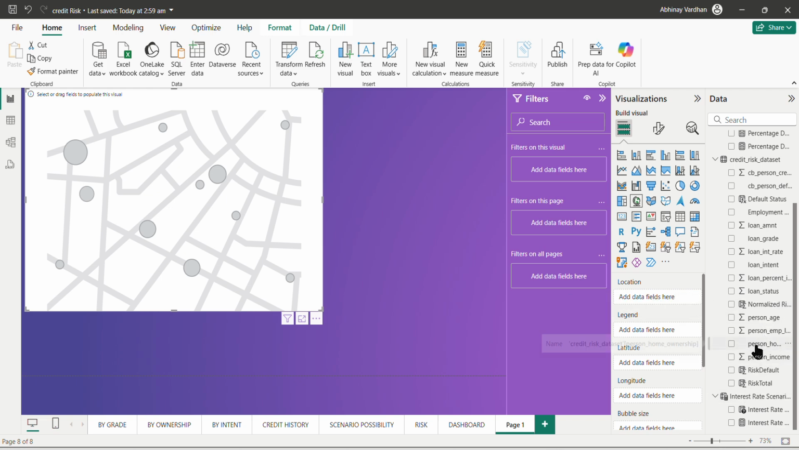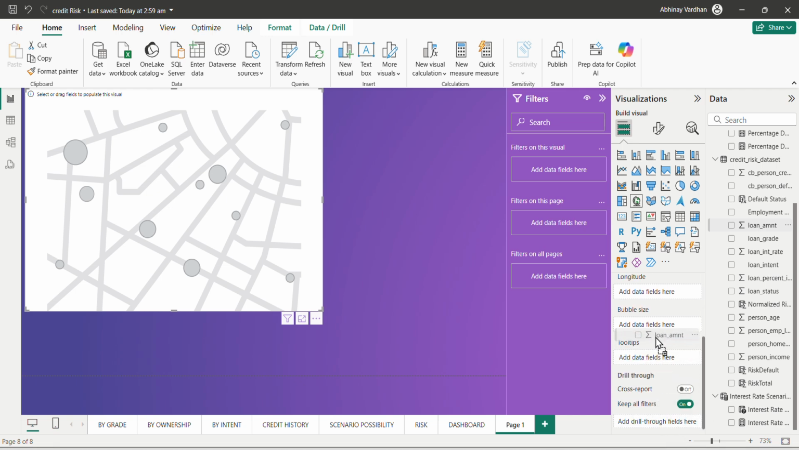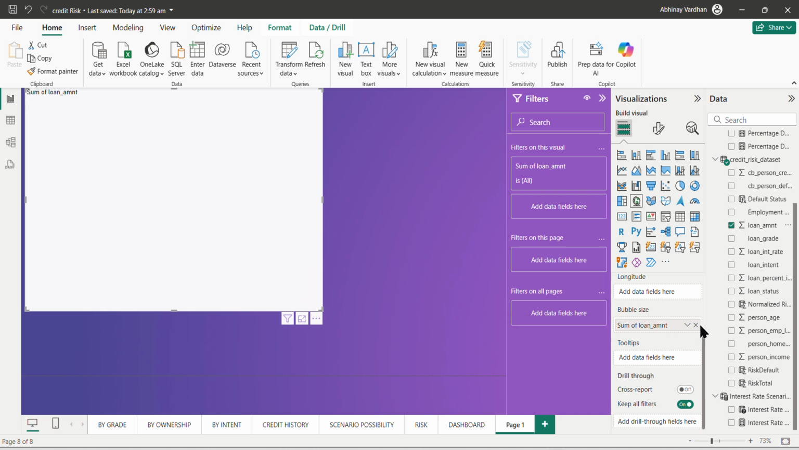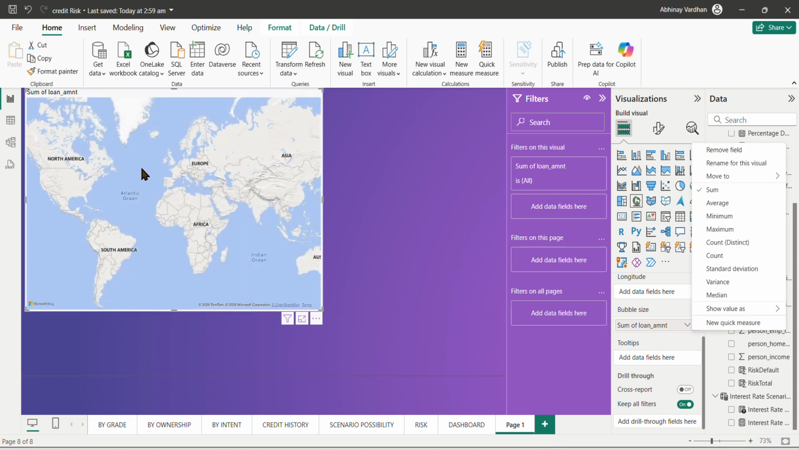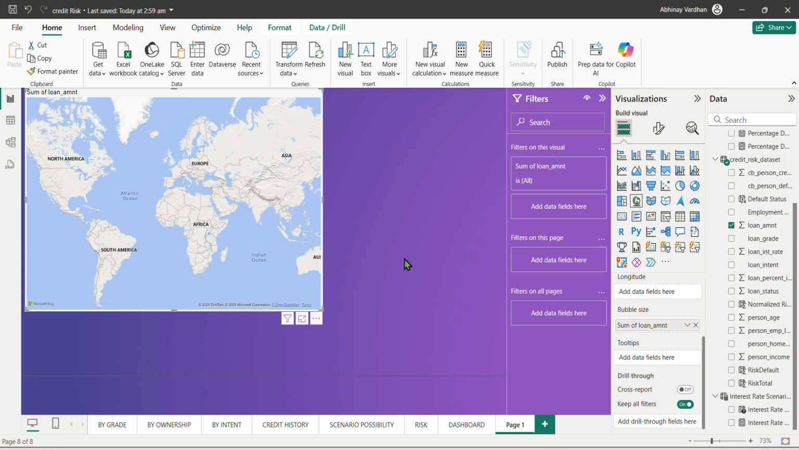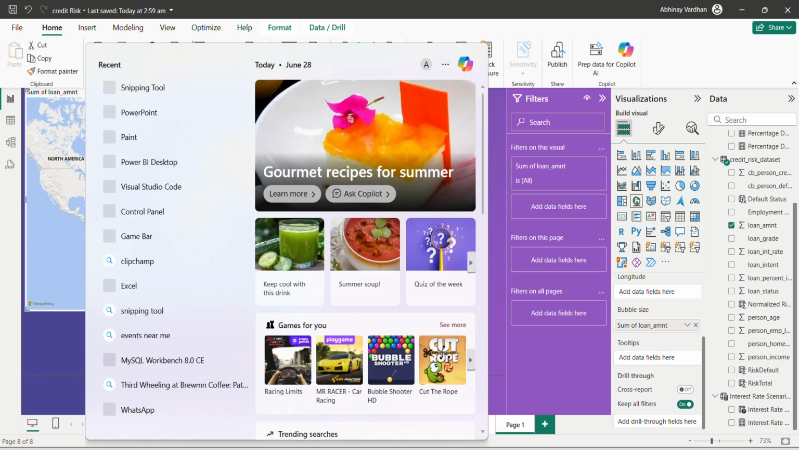And then you can also, suppose you want to see the person's loan amount, you drag it to bubble size here, and you can change the bubble size based on that. But since we don't have any location here, it will not take the values right now. It will not show it on the map since we need to have some sort of field value. So I'll just show you if I can get